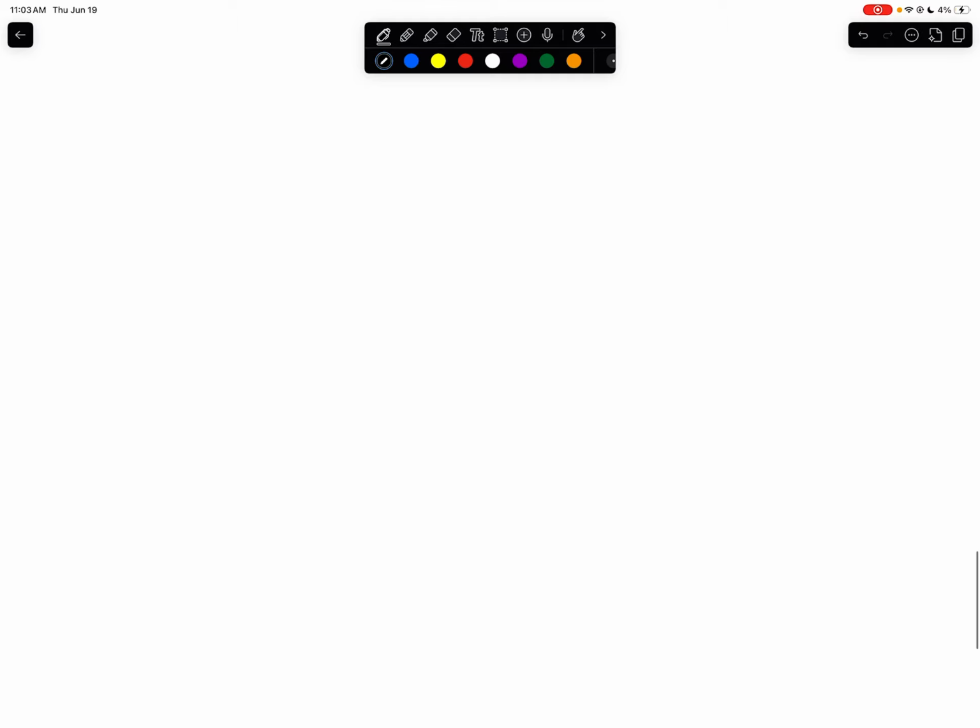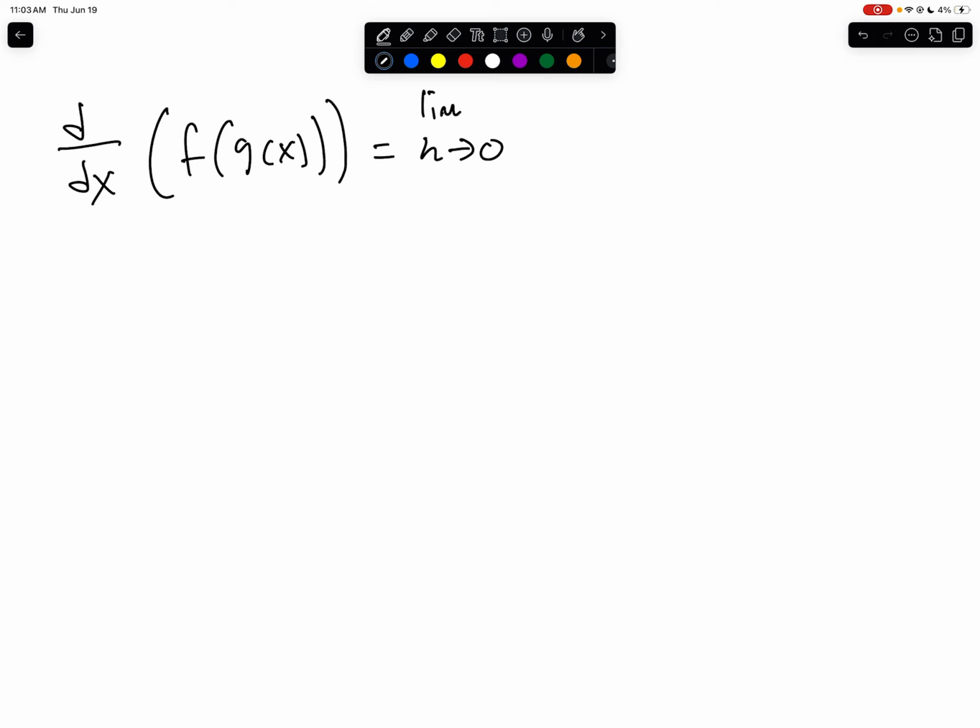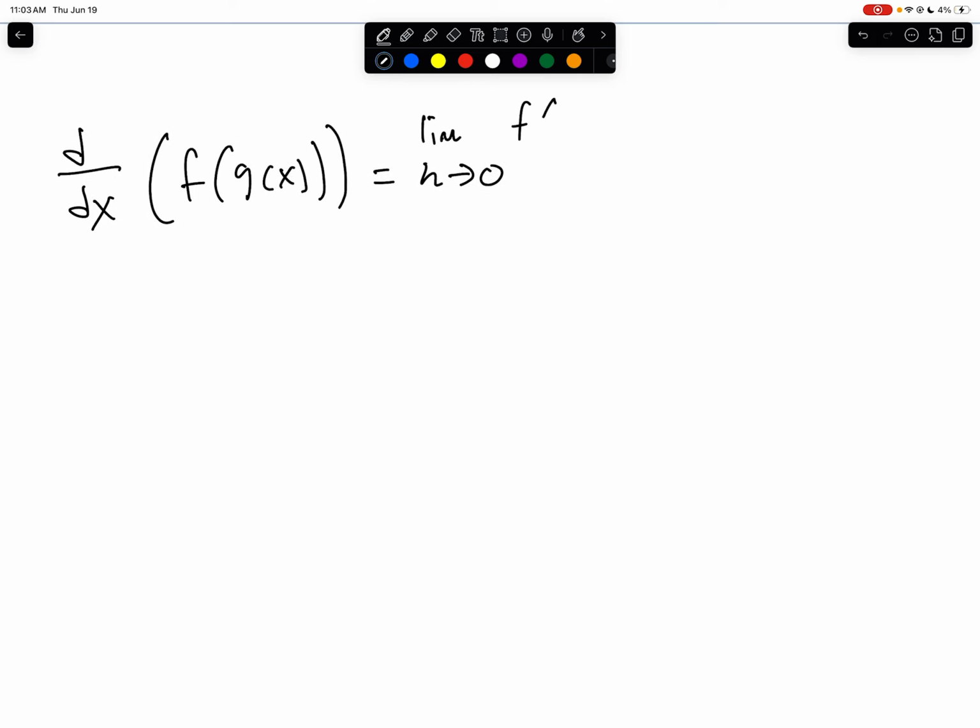We are going to be proving the chain rule here. So we know that we need to find d/dx of f of g of x. And so what we can do here is use the limit definition of the derivative. I actually proved this in another video in this series, so make sure to watch that. So this will then be the limit as delta x, or I could say, h approaches 0, of f of